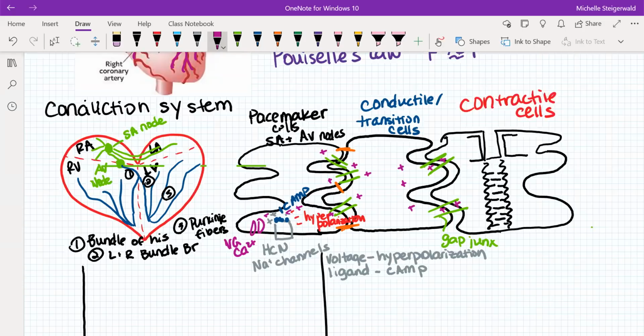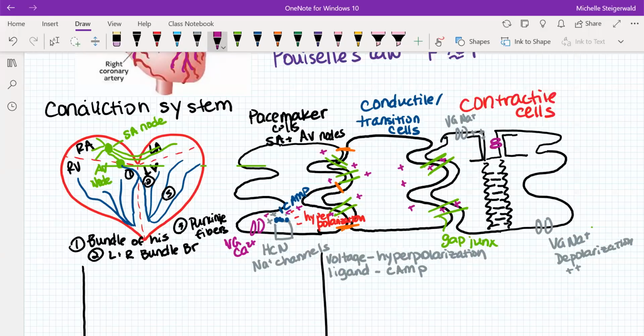And this is another one we will actually talk about all the channels on. So here you're going to have voltage gated sodium channels. These are very much like what we've talked about every time before. These are channels that are going to be opened by a depolarization. So positive charge opens them. They're going to fully depolarize to their equilibrium potential, and then that's going to cause the opening of that positive charge. I'm going to draw some up here too. So these are voltage gated sodium. That positive charge will move along the membrane, and it's going to cause the opening of